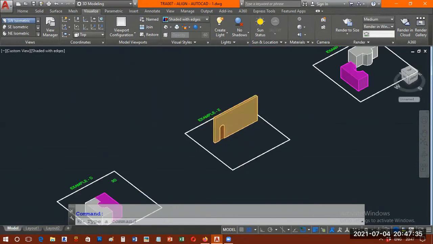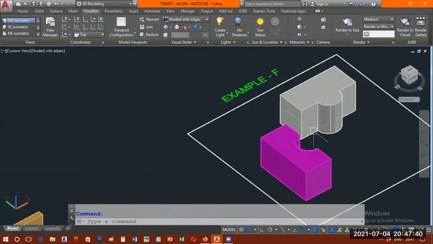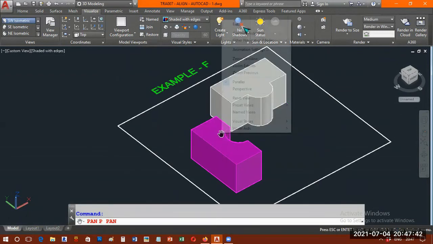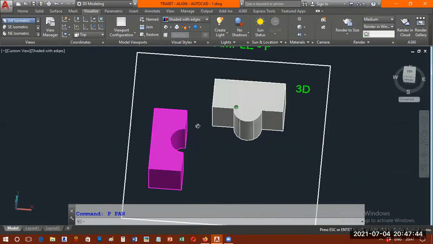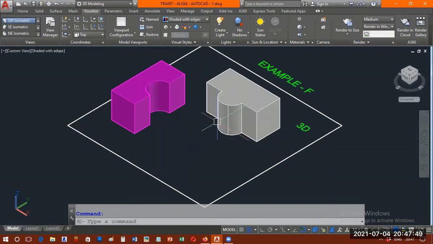And finally, one more example, that is F, example F. Here in this case, I'll slightly vary my example. Here, let us say you no need to match this to this circle here. You want it differently tilted. For example, align AL. I will select this, enter. Now this supposed to land on this edge. Watch out carefully. This supposed to land on, not that exactly. I'm sorry. Let me take a different example.